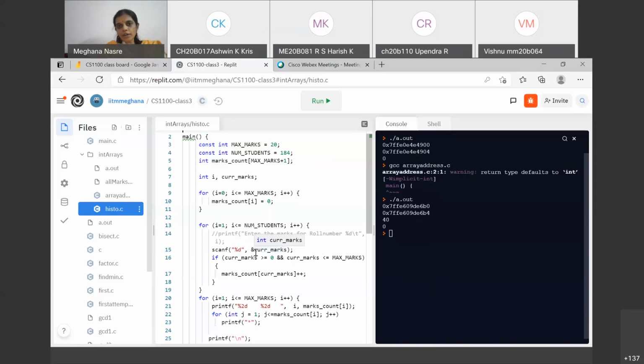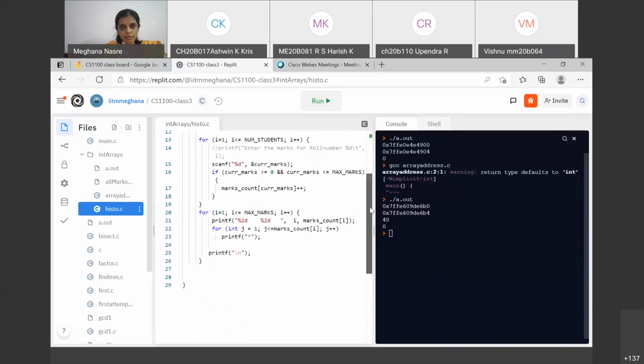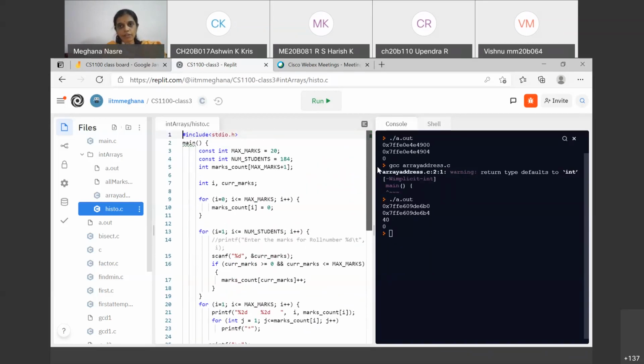Let's say your max marks change or the number of students change, or suppose I have to do it for all CS 1100 sections, all the 5 sections that we have, then all these things are going to change, but the program is not going to change. The max marks may change. In fact, they also may be having a 20-mark test, so that doesn't change. But 184 is clearly going to change, and I don't have to go to different places and change the 184 and worry about forgetting one of them. So this is good programming practice.